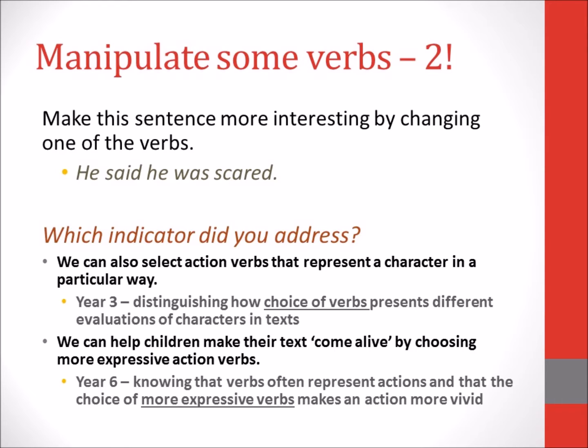Or are you asking students to make the text come alive by using more expressive action verbs? I would say this one is more related to that Year 6 indicator, isn't it? "He said he was scared." "He said he was terrified." "He said he was,"